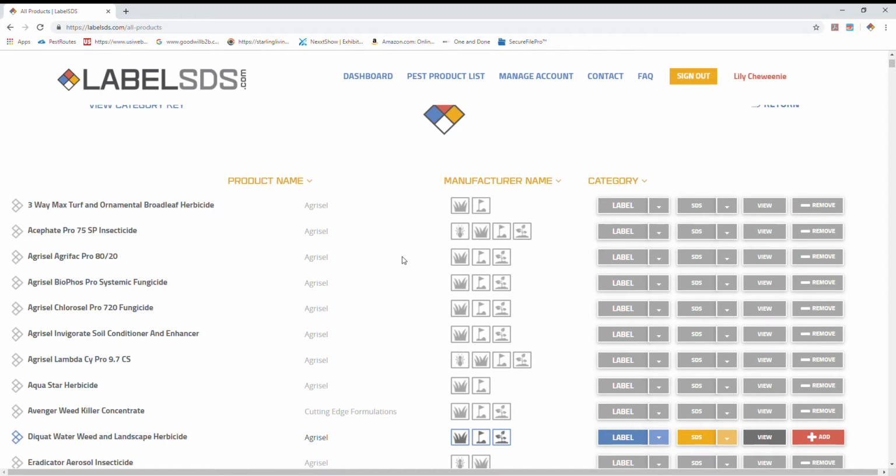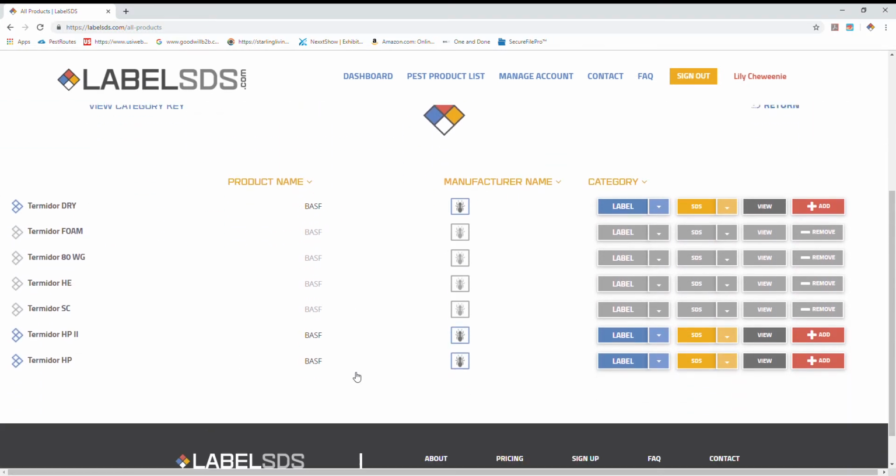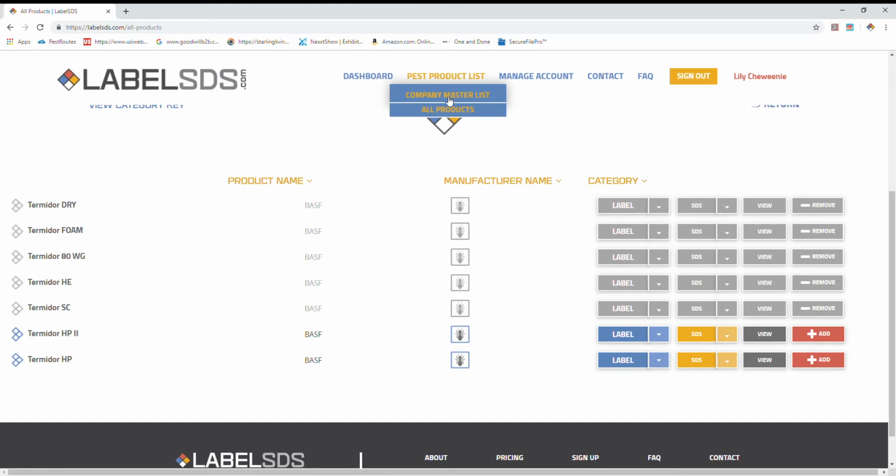Now you don't have to go scrolling down here. If you're looking for a label, you can type it in and then hit search. What it's going to do is bring up anything that we typed in. Termidor, it's going to bring up anything that has to do with Termidor. And from here, if I wanted to, I could take the Termidor dry and add it to my company master list. So this is how you would create your list from this all products list. I'm going to go from here into the company master list,